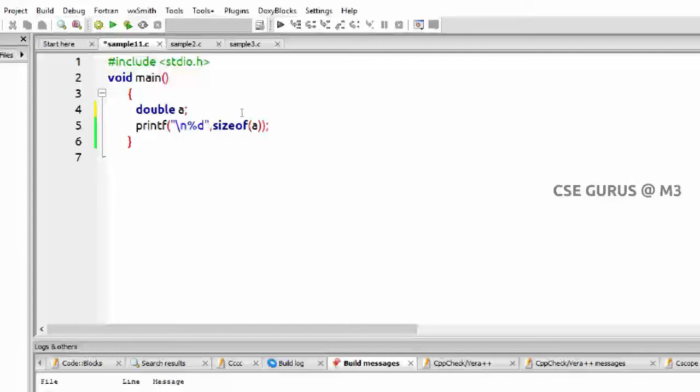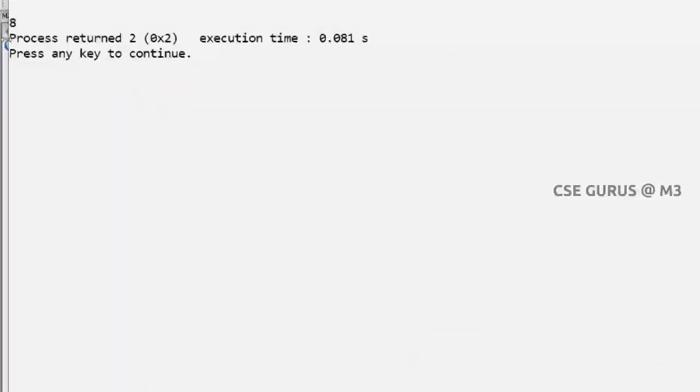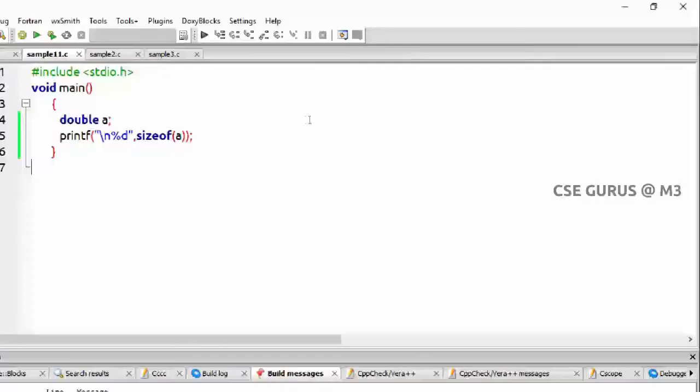Can I change the format specifier for double? No. Why? Because the value of the sizeof operator will always be an integer. So that's why you have to keep %d only. You cannot keep %f for float here, because the value will be an integer value. So for double, how much is it taking? So 8, right?